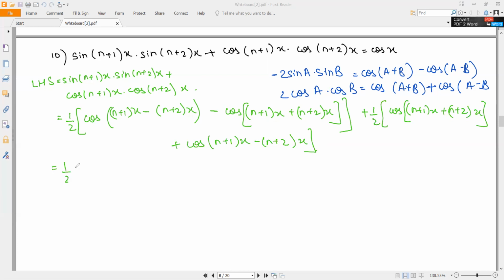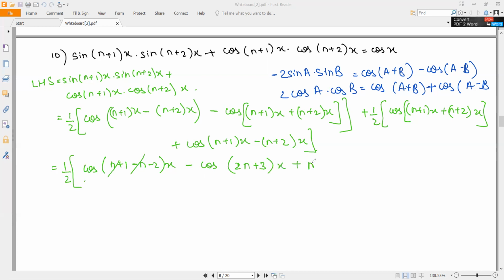This is equal to 1 by 2. I'm taking 1 by 2 common from all the terms. You have cos of this angle. Now, if you take x common in this angle, you should get n plus 1 minus n. So let's write it. N plus 1 minus n minus 2 into x, and n gets cancelled. You have 1 minus 2, which is minus x, minus cos of 2n plus 3 into x